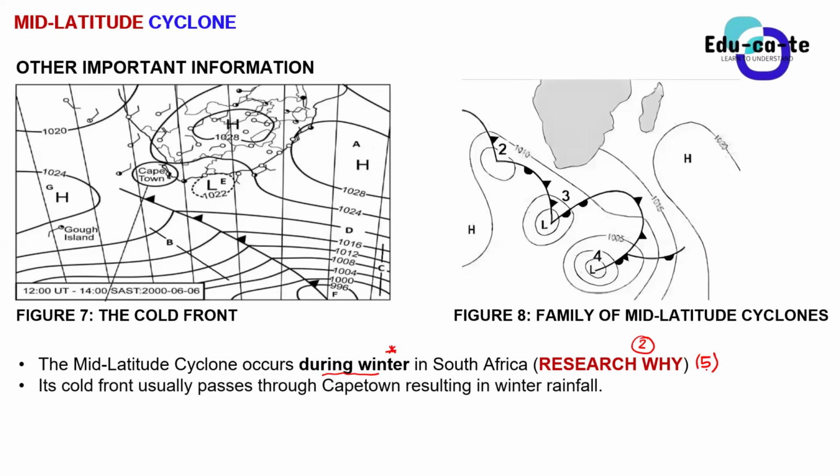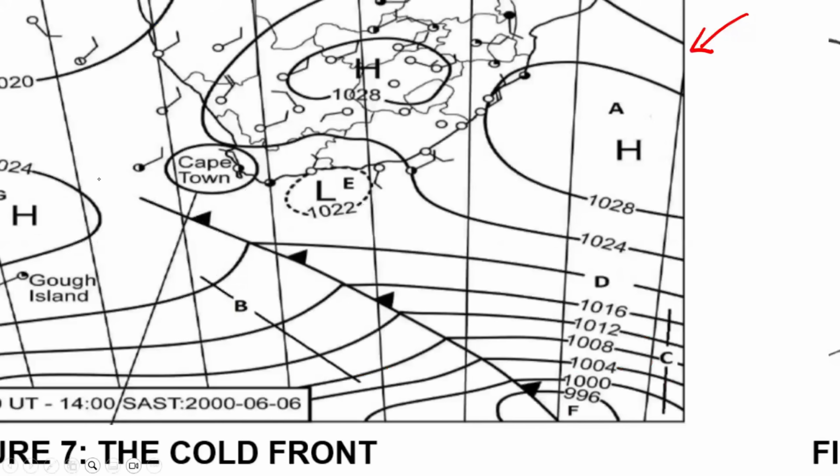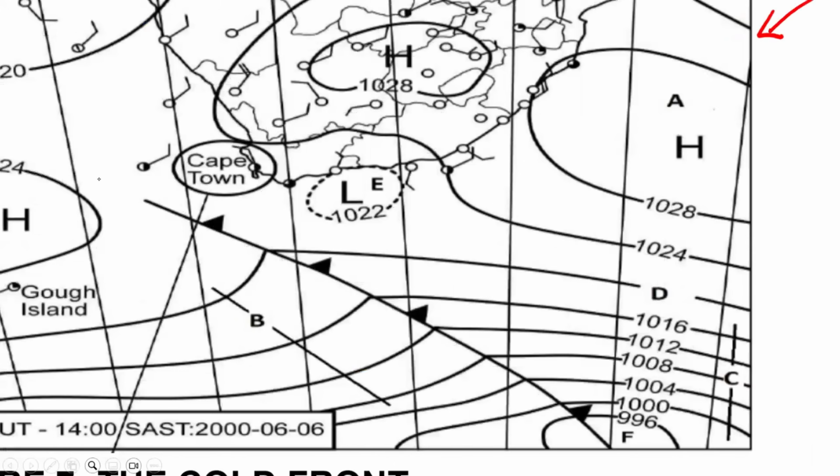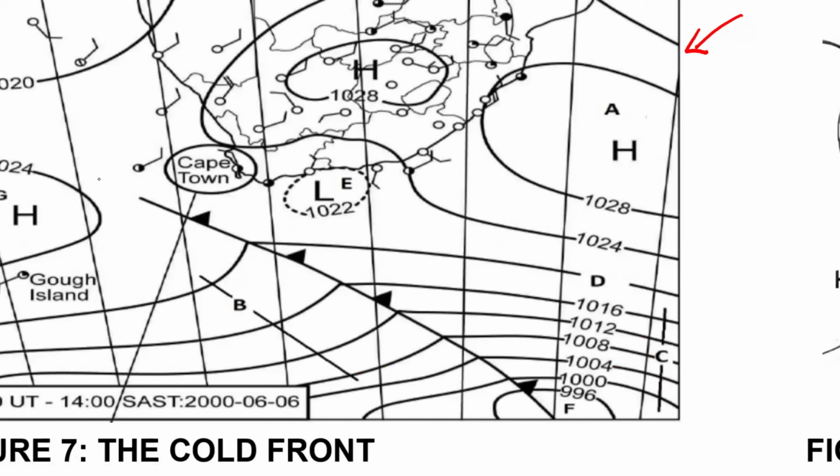Now, most of the time when they give you a synoptic weather map, this is known as a synoptic weather map, they will only show the cold front. Do you see a cold front, guys, in this map? Is this clear, or should I zoom it in? Let me zoom it even more. Do you see a cold front? Yes, you see a cold front, right? Do you see South Africa there? Yes, there is South Africa, there is a cold front.